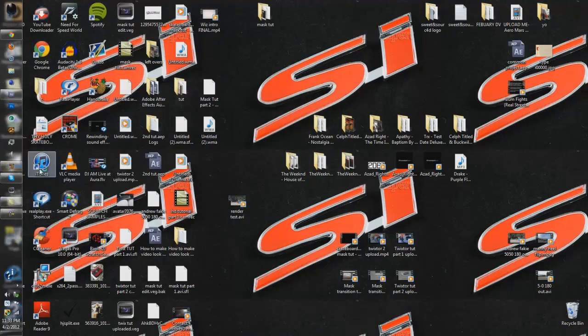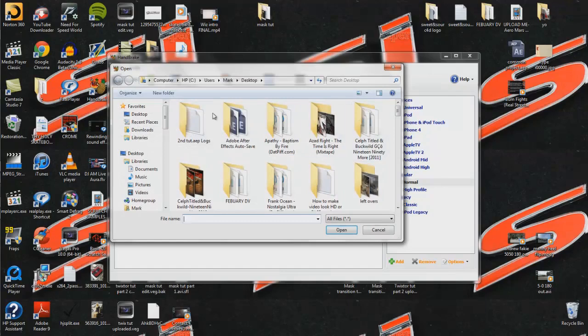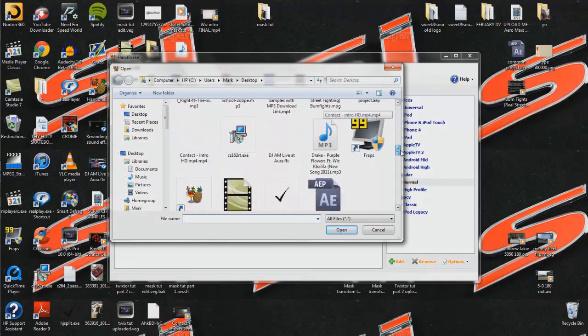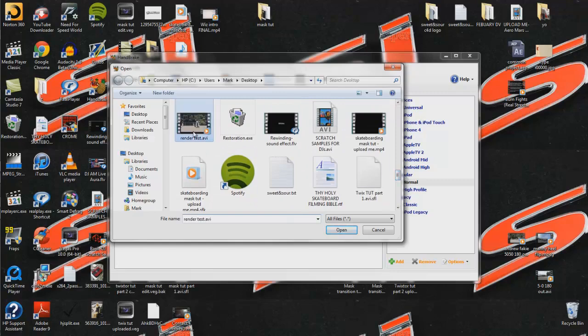install it. I have mine right here, Handbrake. It should take a few seconds to load. Okay, so once Handbrake is up, you really don't need to mess with any of these settings. All you really need to do here is click source, video file, and then you simply select the video file you have, render test,